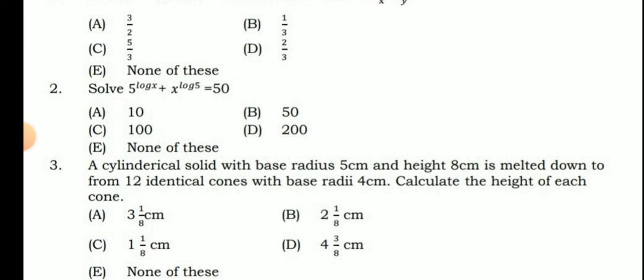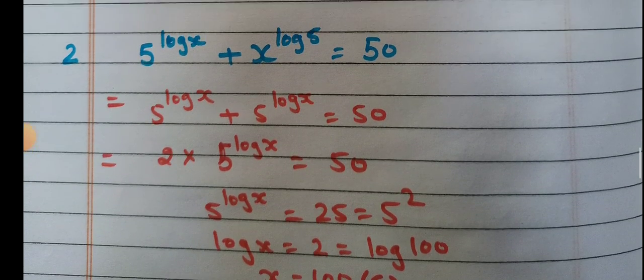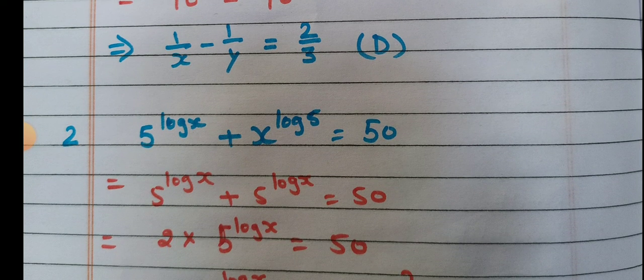Second question you have 5 raised to power log x plus x raised to power log 5 is equal to 50. So what should come here? 10, 50, 100, 200. So now we are solving this. Second sum, 5 raised to power log x plus x raised to power log 5 equal to 50 is there, and x raised to power log 5,